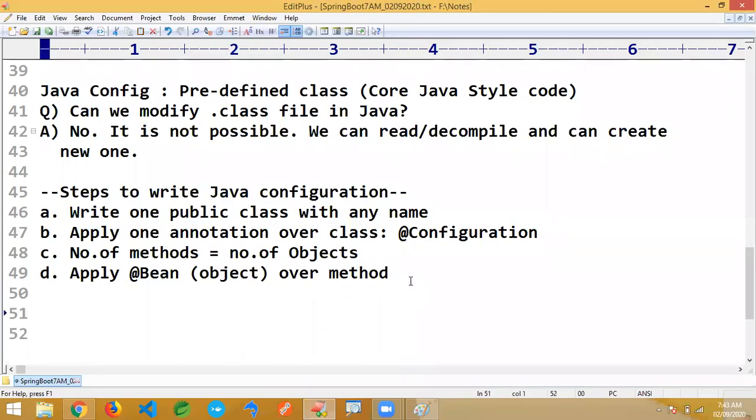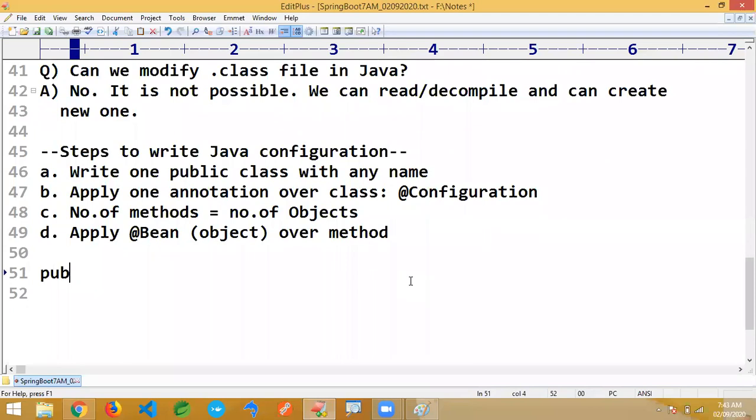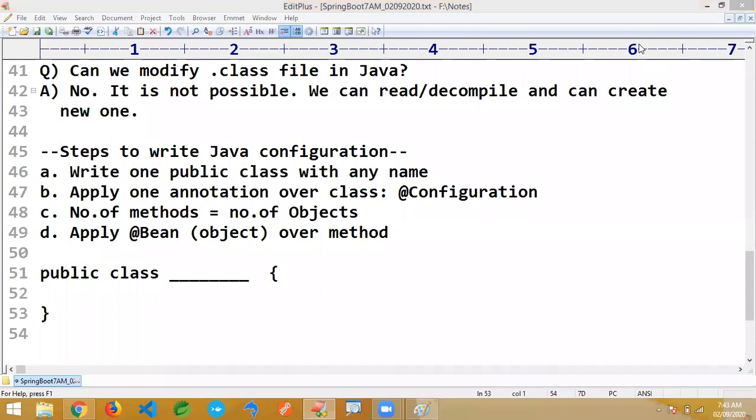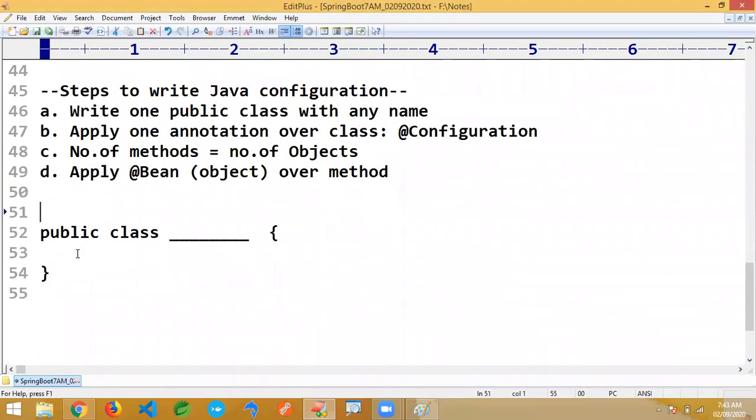Let me give an overview of how it is going to be. Step number 1, public class. If you follow these rules, Spring container will create the object. First, I'm just giving steps. We'll practice multiple examples, don't worry. One example I'll write, the second example you have to write. Write one public class with any name. Step number 2, @Configuration.